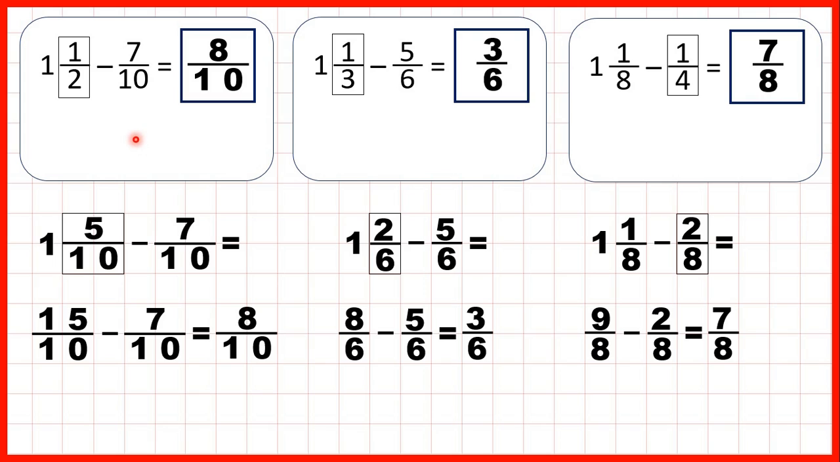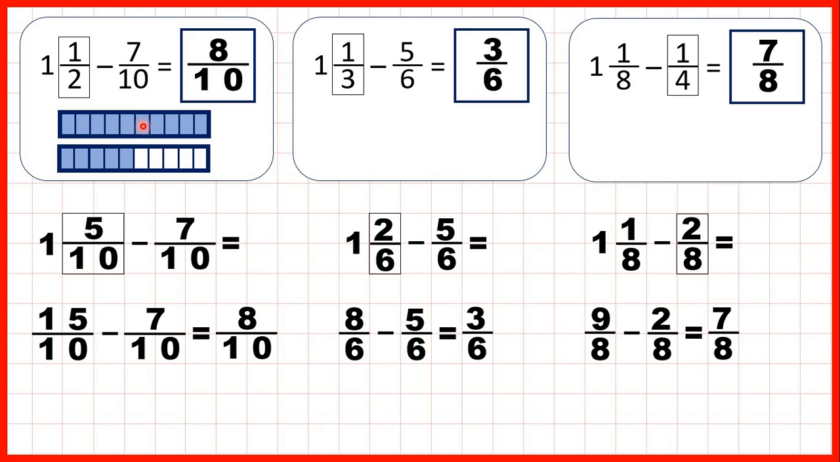So let's think about what we did here. For this first question, we started with 1 1/2. We changed that to 1 5/10, but we needed to subtract 7/10, so we changed our 1 into tenths as well, and that gave us 15/10. Then we could subtract 1, 2, 3, 4, 5, 6, 7 of those tenths